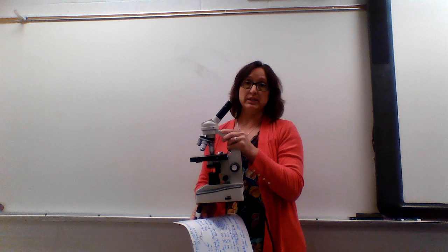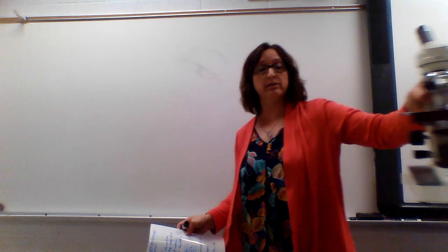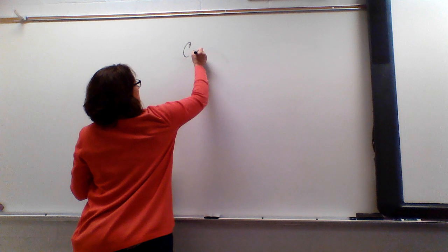This has two lenses. Hopefully you remember the name of this lens up here, ocular lens, and the name of this lens down here, which is the objective lens. So when you look through the microscope to view your object, you're actually looking through two lenses at one time, ocular and objective. So we're going to start off with your notes